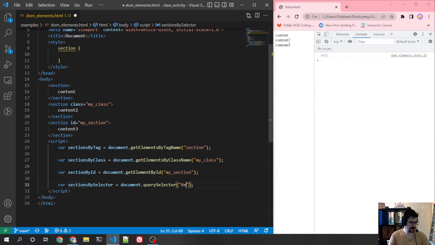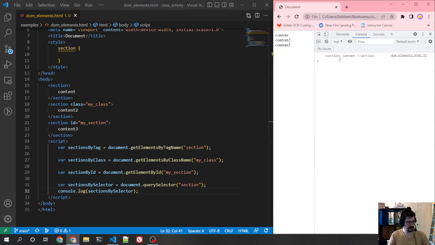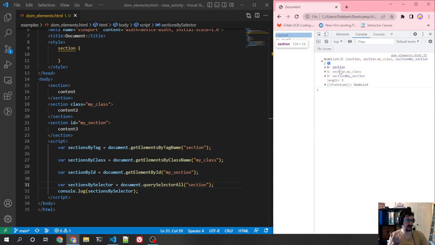I can also put my section. I can also put my class. I could also put section, or if I wanted to do a compound selector, body section. That's going to be the same thing here, but anything that's a valid CSS selector can go in here. Now, if I log this, sections by selector, you see we only get one, even though it's a tag and there should be more than one. If I run querySelectorAll, then you can see this is not an